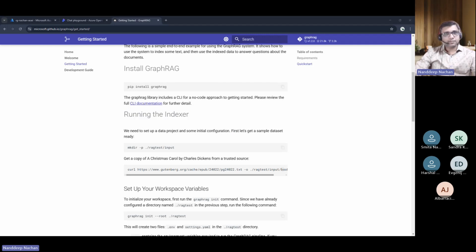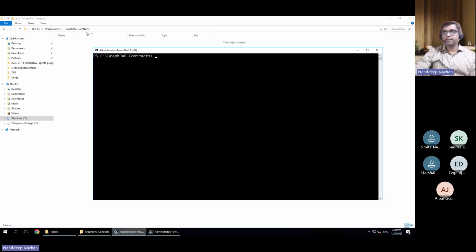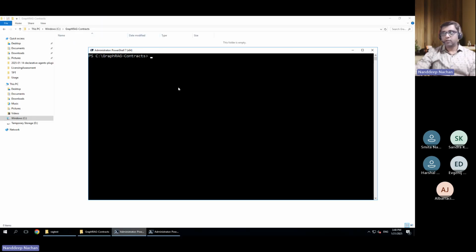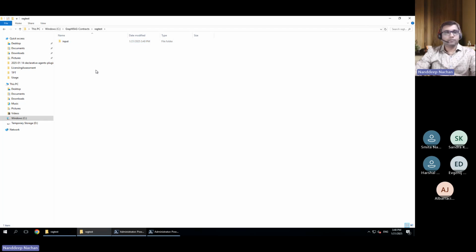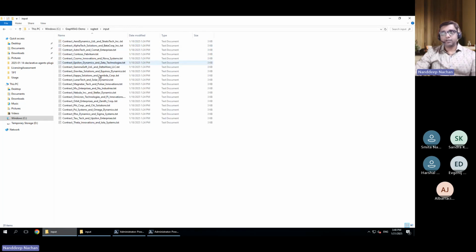So for that, let us go into the demo environment. Let me go back here. So this is the empty folder that I have got. What I'm going to do here is create a folder called rag test, and inside of that rag test folder, we have got the input folder. All of the information in this input folder will be indexed. I already have those files converted to text format,